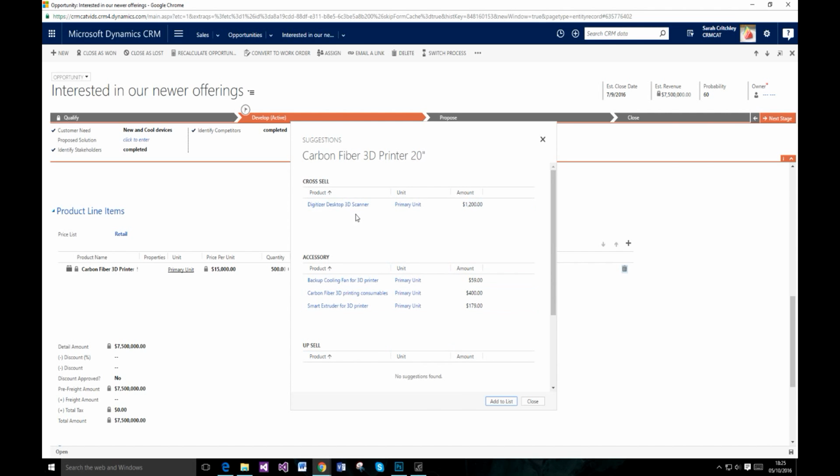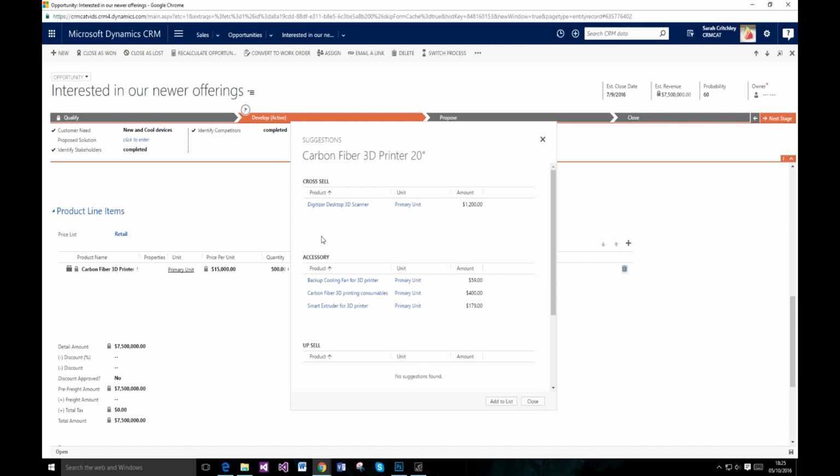So what happens is it says, actually, if they're interested in the carbon fibre 3D printer, are you sure they don't want this one as well? You might actually be able to get them that. Whether it's an additional one or a replacement, doesn't really matter. Generally cross-sell normally means sell them something different, but I mean, kind of, yeah, I suppose 1200. I'm not doing maths off the top of my head because I'm awful at it, but generally that